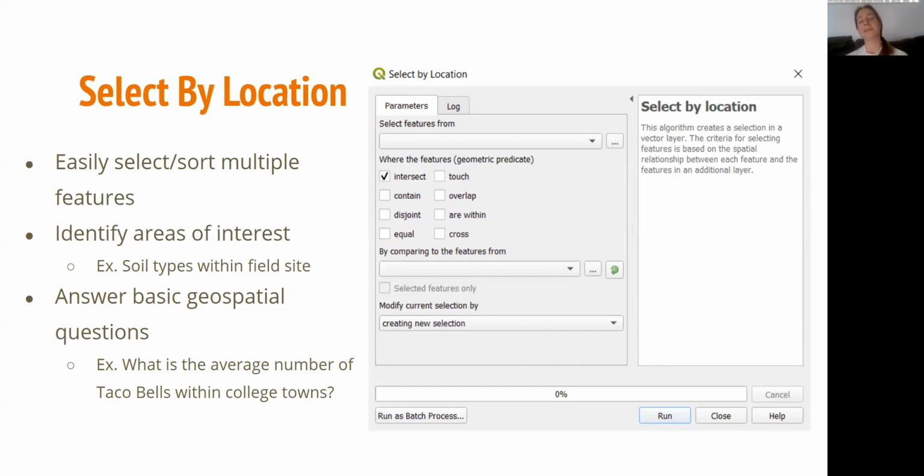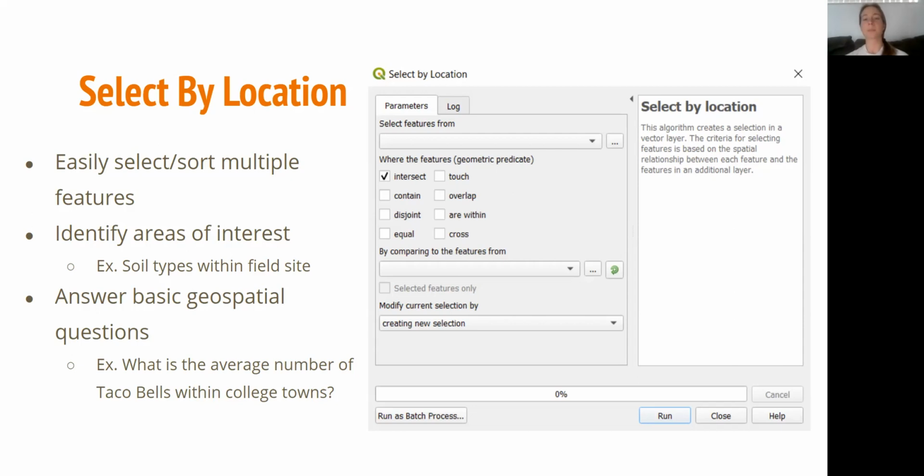And then I have this other kind of silly example. Say you were interested in seeing if Taco Bells do better in college towns than normal towns. Well, you'd be able to answer that question, right? If you had a layer that simply had the city distribution and whether or not they are college towns, and if you had another layer that had the location and maybe even gross revenue of Taco Bells